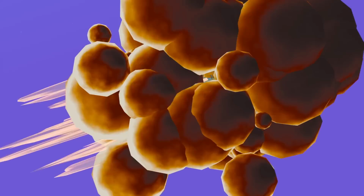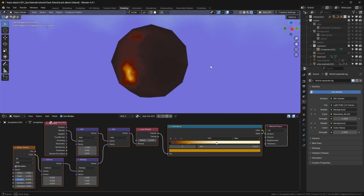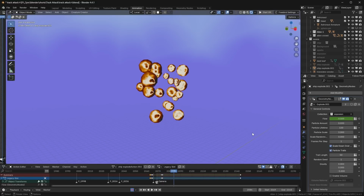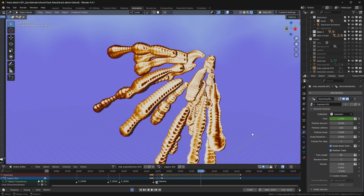The explosion at the end is the same setup, except I swapped out the object to make it look more like fiery smoke, and I added this other option that leaves trails. The idea is that the previous frames aren't deleted and the new ones are just added on top of each